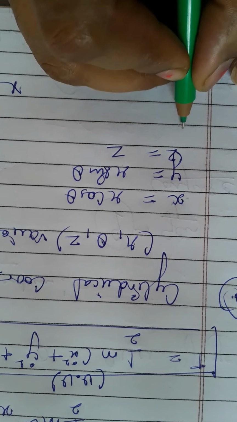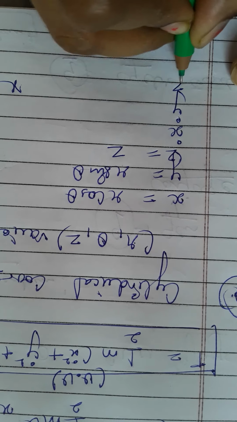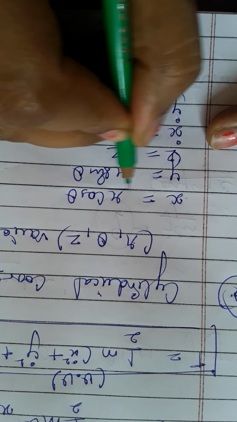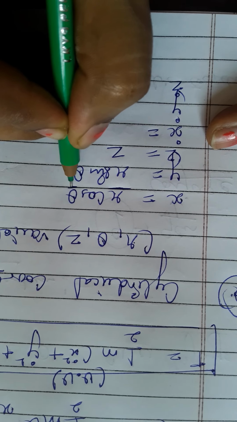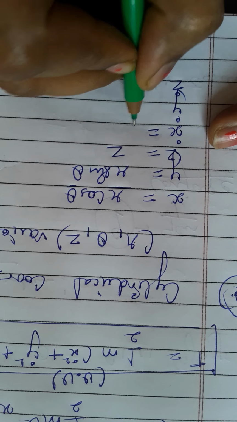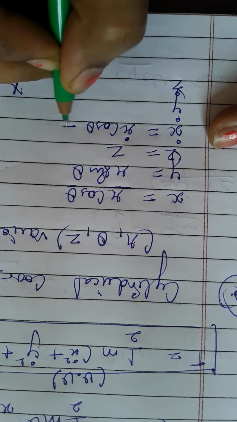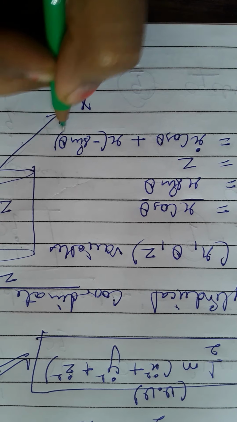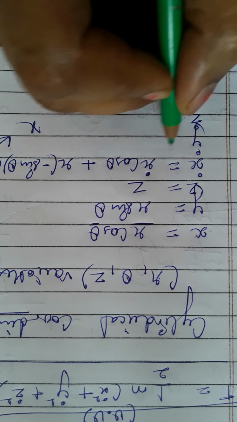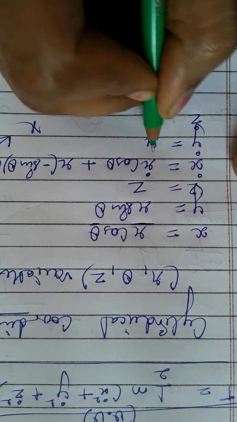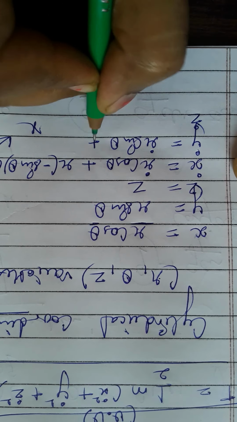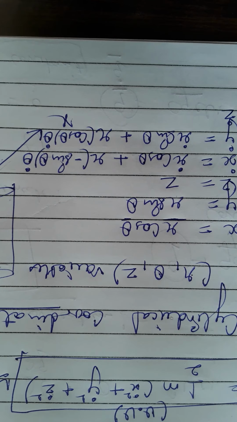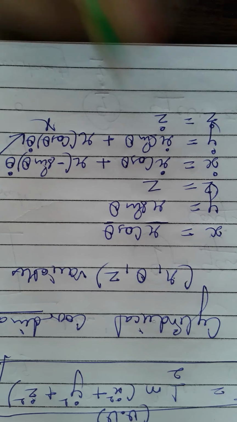Similarly, you can calculate x dot, y dot, z dot. Here r, theta and z are variables. One time you will keep r variable and theta constant, so it will become x dot equals r dot cos theta plus r as it is times minus sin theta, theta dot. Similarly, here also y dot equals r dot sin theta plus r as it is times cos theta, theta dot. And z dot is your z dot.